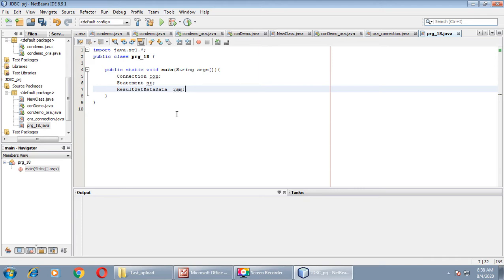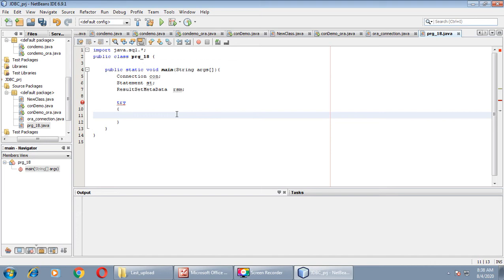Now we will enclose the code in a try block. Try block begin. Inside the try block we will do the connection. We need the method Class.forName. Inside it, sun.jdbc.odbc.JdbcOdbcDriver.